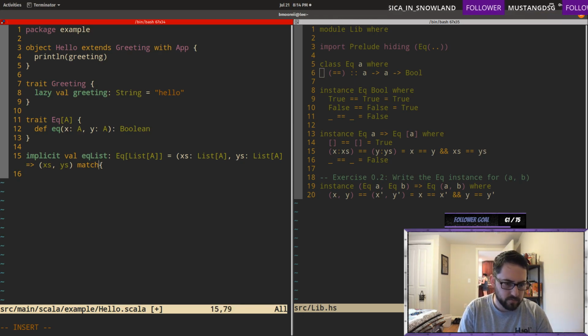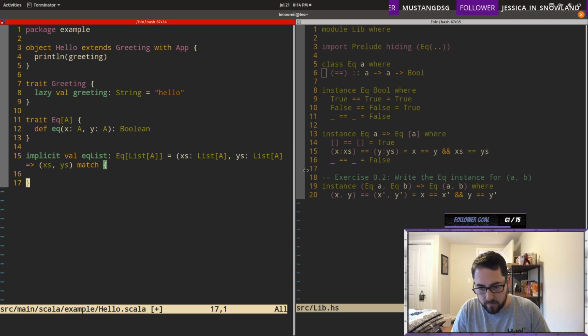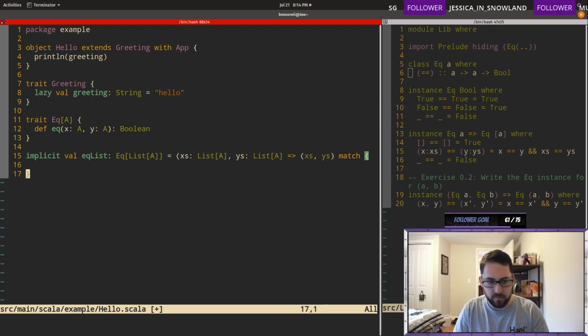Oh, is this supposed to stick here? I don't know what the style guide says. I have no idea what I'm doing, by the way. I'm just gonna try this. We'll just put this like this.